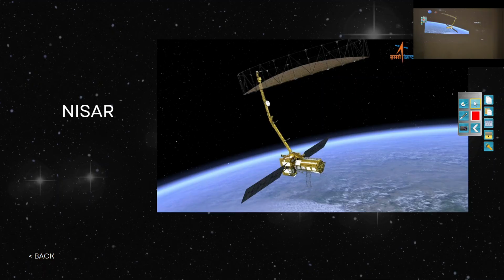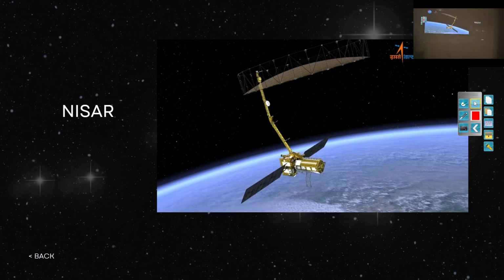So next we have this NISAR satellite. This is a joint mission of ISRO and NASA, and it is a remote sensing satellite, which is going to study the Earth's surface basically. It will help in learning about climate change and how weather patterns are changing, and also geomorphology, the movement of ice glaciers, because the ice glaciers are moving very fast due to the climate change happening. So it is going to study all of that.